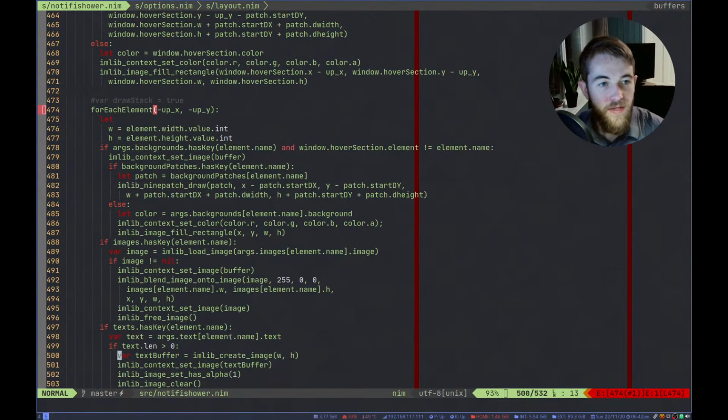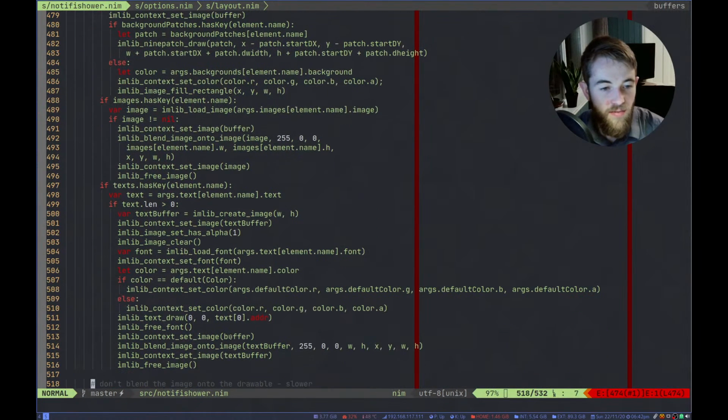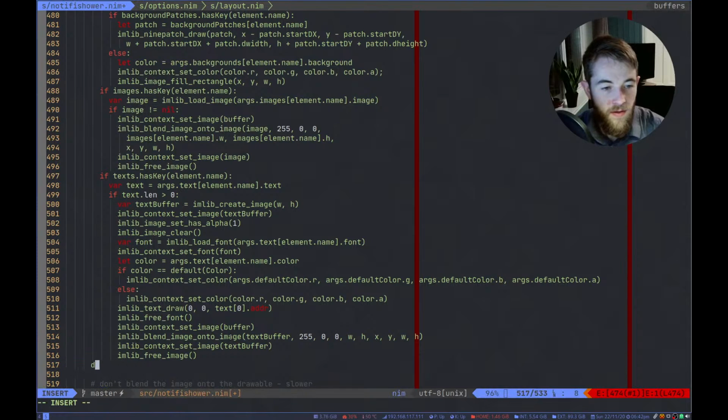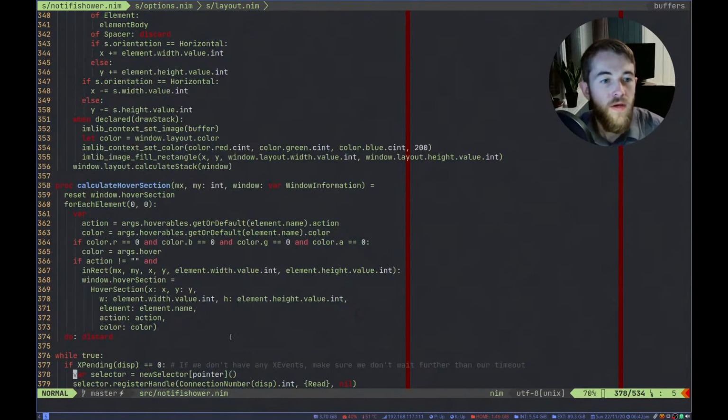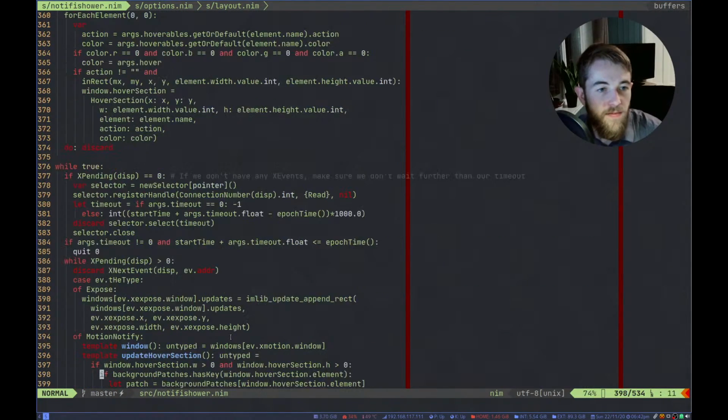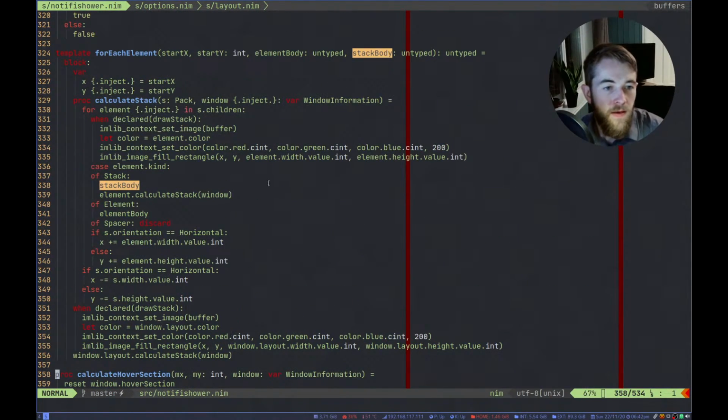So yeah, this is the other one for each element. This also needs to have a secondary block, and this will now happen for every stack. Good. So that happens for every stack. And what we do here, we inject X and Y, and we also inject the element itself.